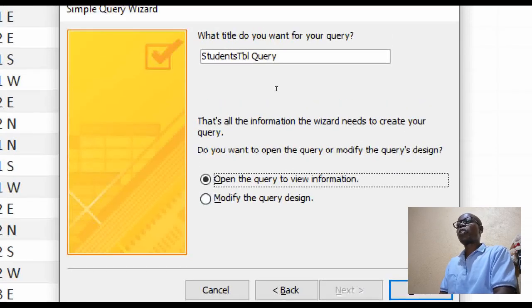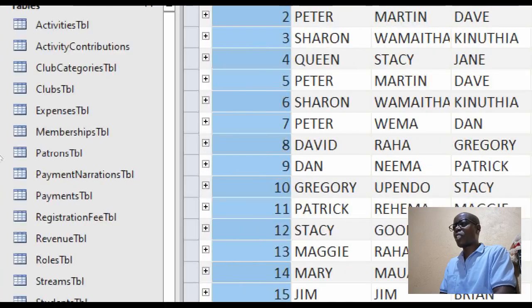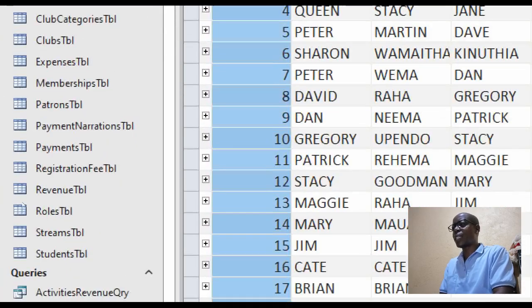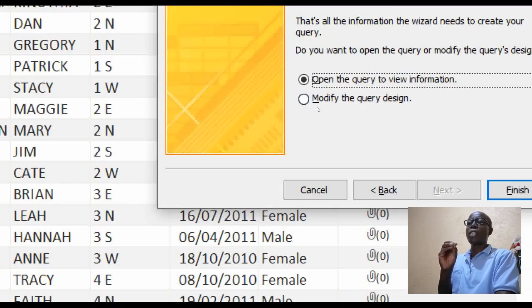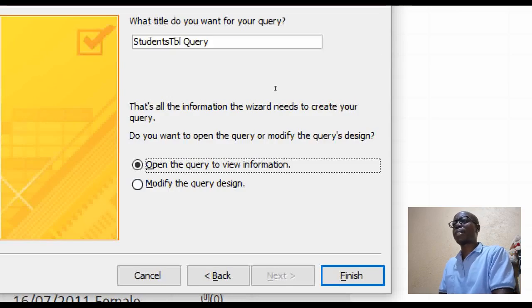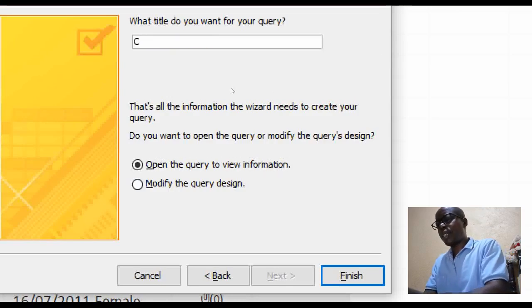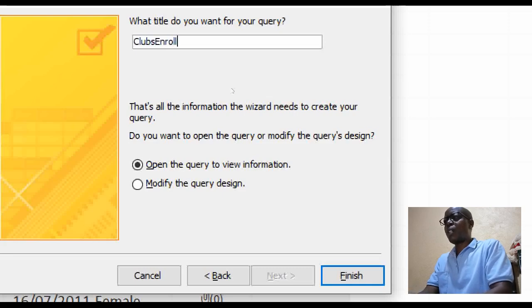Then what do we call this query? I want to call it closely to the other query that we have just built, clubs enrollment list QRY. But now I'm calling this one clubs enrollment counter QRY.